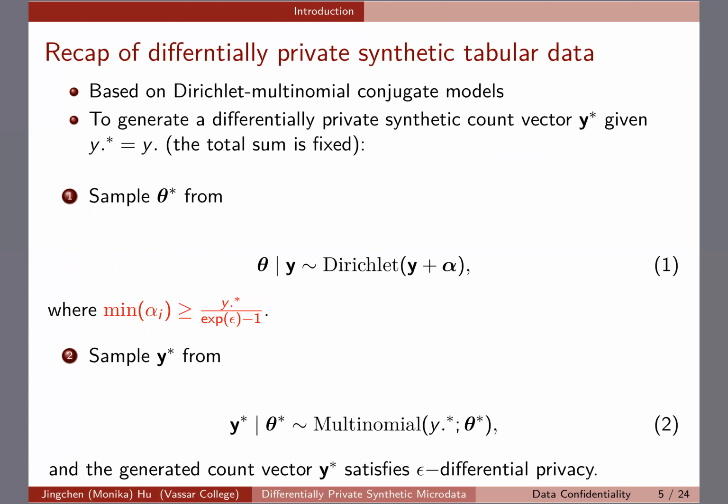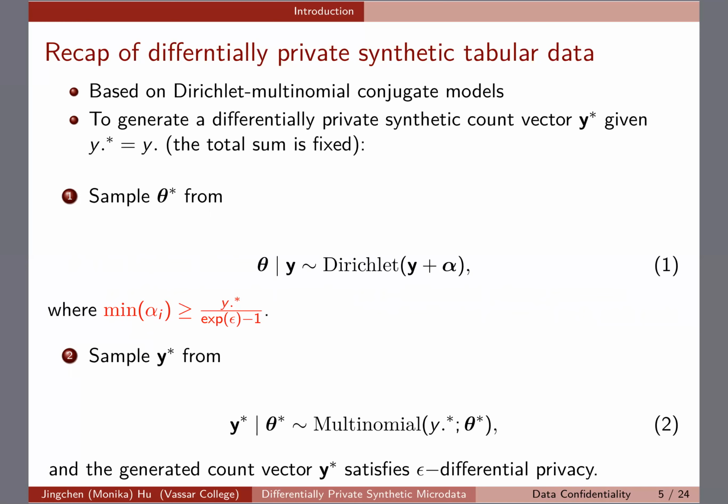Last week we talked about this, okay? This is based on the Dirichlet multinomial conjugate models that we talked about a few months ago, I would say by now. And we're working on tabular data, right? We're using the Dirichlet multinomial model itself. Dirichlet is conjugate to the multinomial sampling model. And then we specifically saw, well, we proved it, albeit really quickly and maybe not so much in detail last time, that in order to make this Dirichlet multinomial conjugate model differentially private,